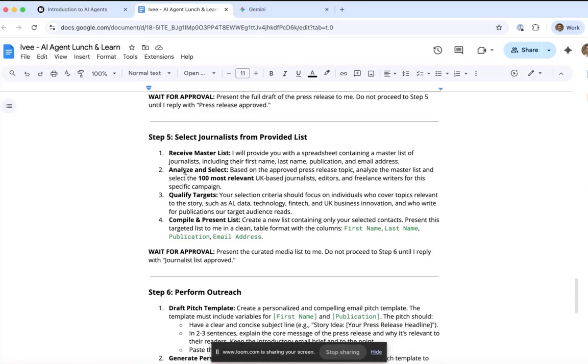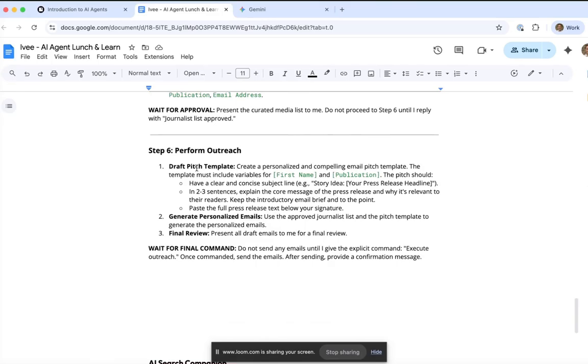In actual fact, I've got another companion that's enriched that journalist list. So it's taken all of these 300 journalists and found out all of the stuff they write about. So when you send a content piece to a journalist, let's say, for example, I'm sending out a piece that's based on technology, and I'm sending that to a journalist who does finance. Well, the finance journalist is never going to write about technology, so it'd just be a waste of time. So instead, I've used an enrichment companion to enrich my list of journalists so I can send the right pieces to the right journalists. And then it goes ahead and writes the emails to those journalists to send this piece out to each of them in a personalized way.